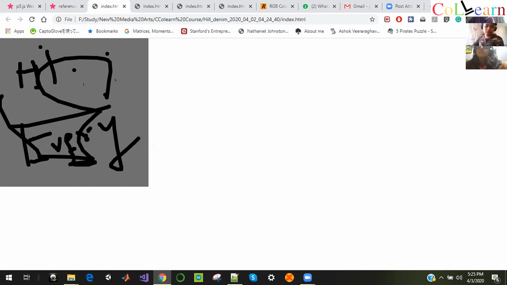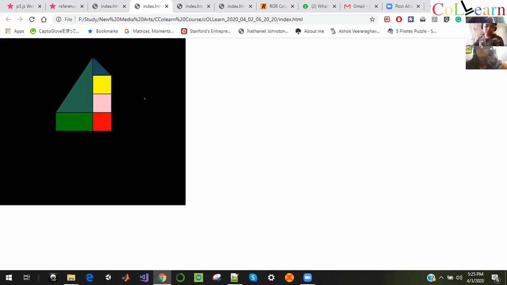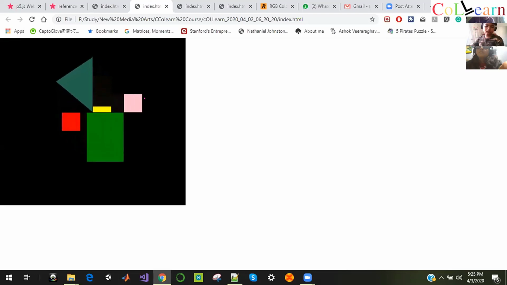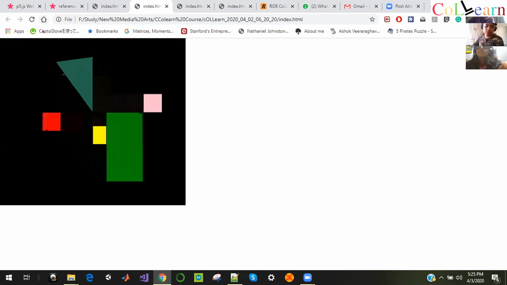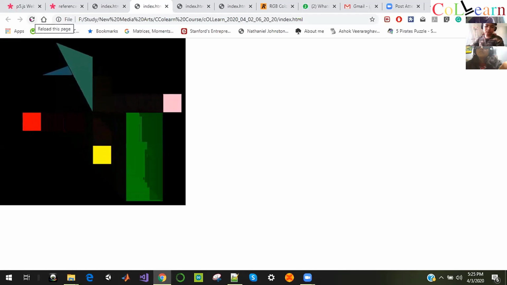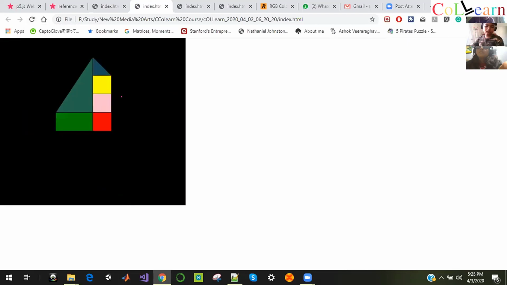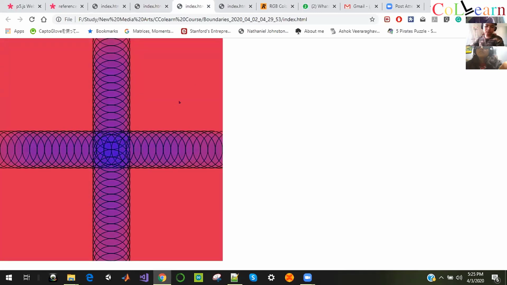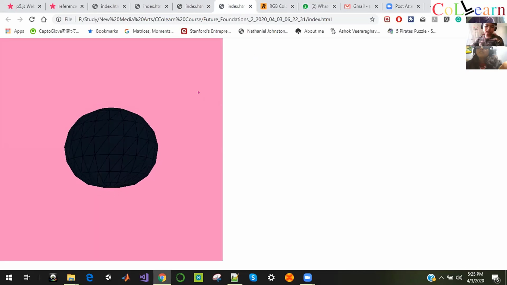This is one application that can be made using this tool, and the other application is, as you can see, beautifully structured squares and rectangles, and suddenly they blast off. So you can create animations with this tool as well. If you reload the page, it will come again and you can play it again and again. You can create some animations like this, some circles moving in horizontal and vertical ways, and there are different design things that you can make with it. And then you can go on to 3D and make 3D spheres with it as well.